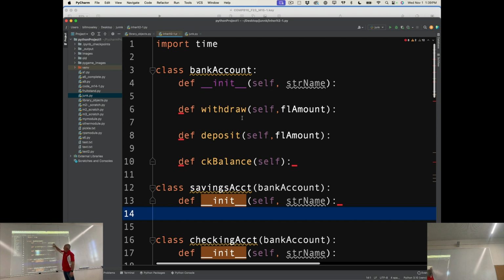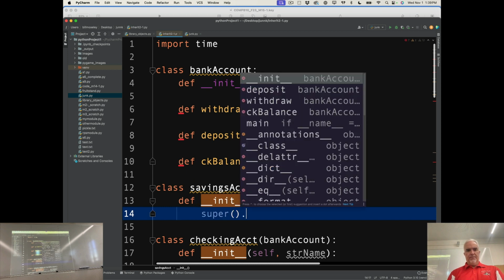Now, one of the first things that you're going to do is you're going to realize that bank account is the superclass here, and it requires a parameter in the constructor method. So you want to make sure that one of the first things you do here is when you're creating a savings account and a checking account, you're going to want to put in the super call for the constructor method